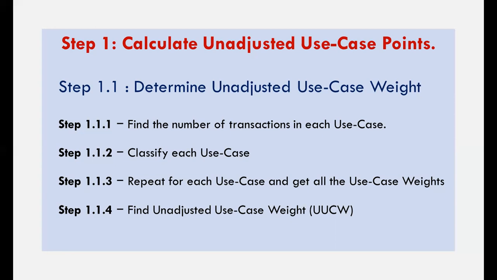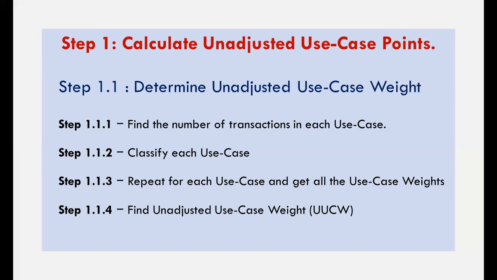Coming to complex, the use case weight is 15. So the number of use cases into 15 will give you the product. The unadjusted use case weight will be the sum of all these things. UUCW will be equal to 5 into NSUC plus 10 into NAUC plus 15 into NCUC. Now here,